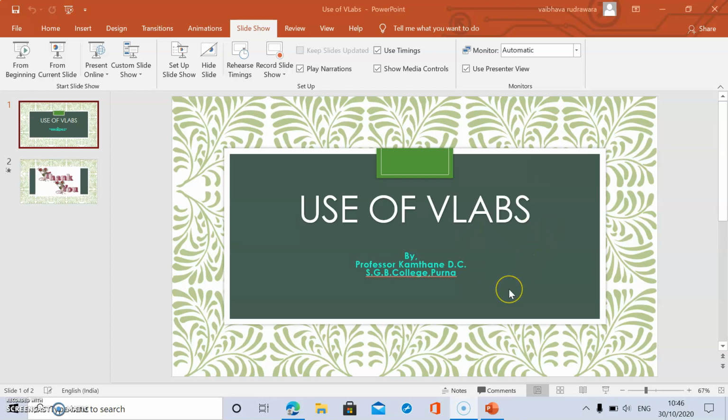These V labs are virtual labs, an initiative of the Ministry of Human Resource Development through the National Mission on Education through ICT. This is a laboratory experiment performing tool, and students can use the different experimental tools through various videos, animated experiments, and demonstrations. They can self-evaluate by using these V labs.